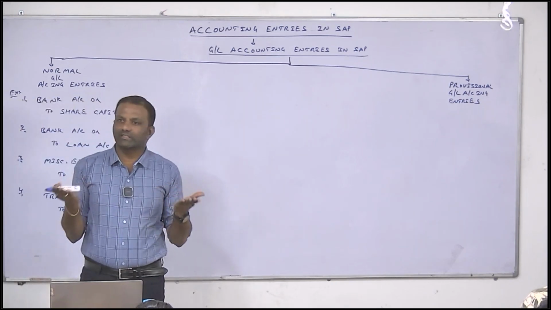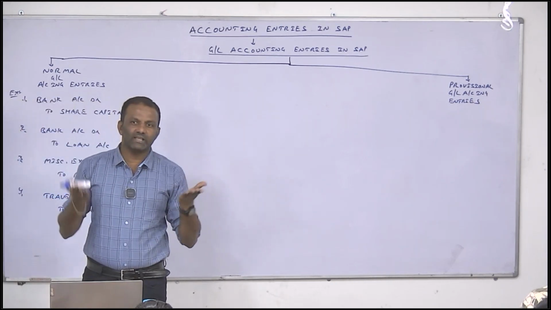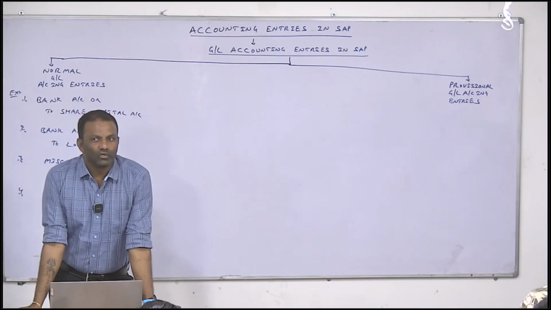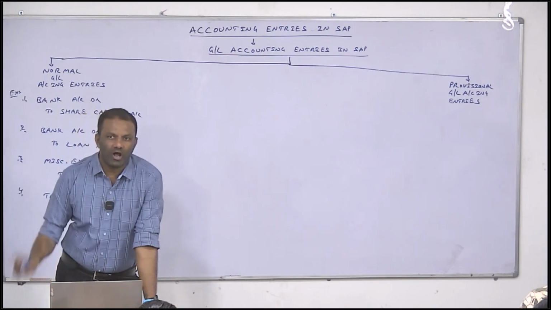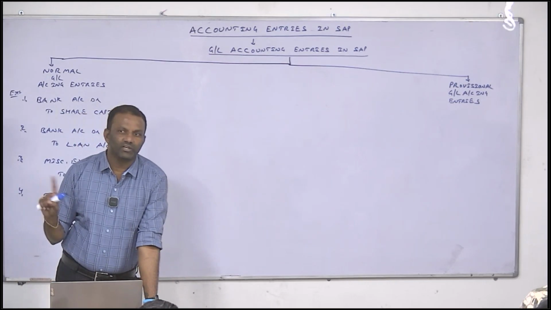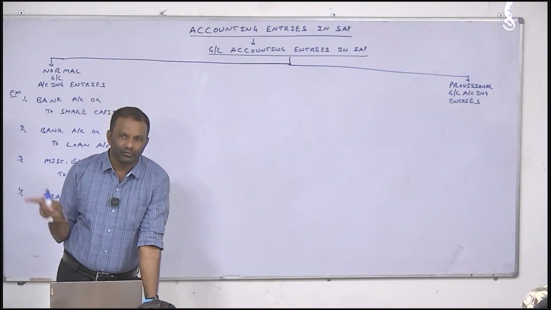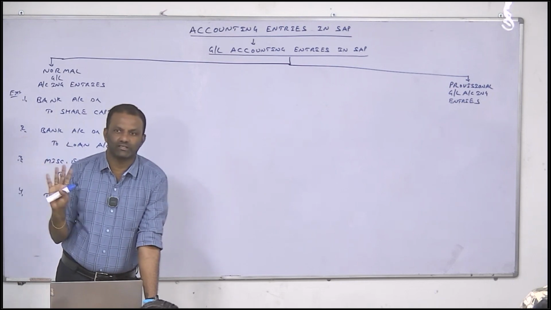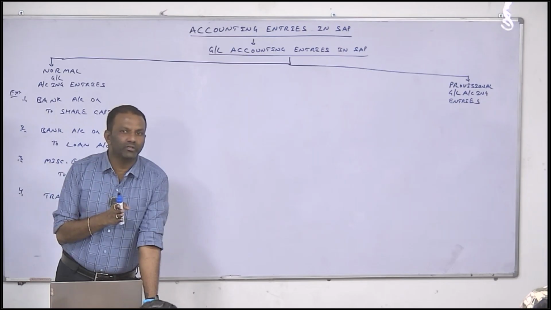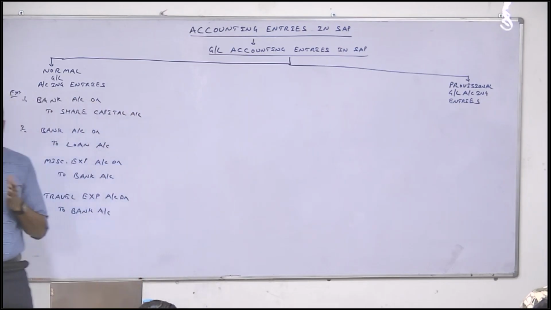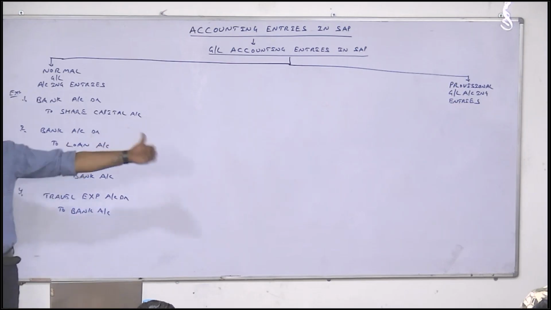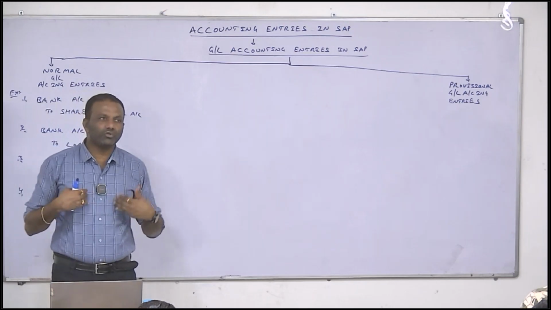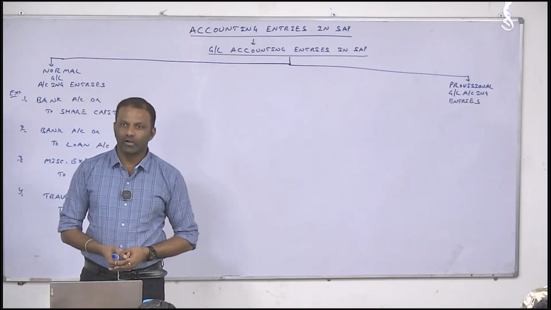There are two roles in SAP. One is consultant, the second one is user. Who will post accounting entries, user or consultant? Always the user will post. It is not a consultant's role to post accounting entries. If you post accounting entries in the system, we call you an end user, not a consultant. What will the consultant do? The consultant will configure the system to be used by the business unit. To post these accounting entries, we should design and configure their system. Hope you got my point.